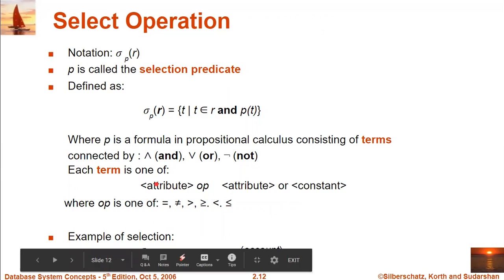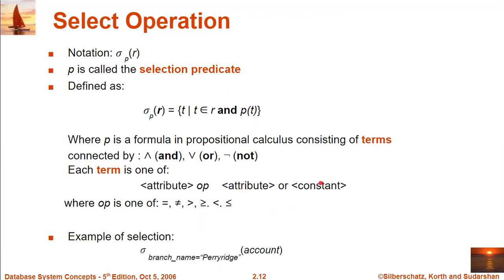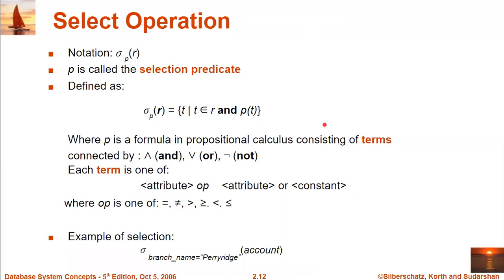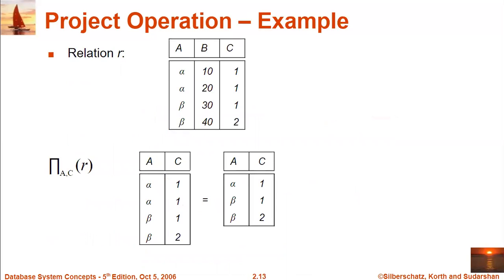If we are using certain attributes and want to apply a condition with the help of an operator, the operators are equal to, not equal to, greater than, greater than or equal to, less than, and less than or equal to. These can be applied between two attributes, and between an attribute and a constant value. Now have a look at the last example: where branch name equals Perryridge from account. It says we will retrieve values from the account relation, and the specified condition will be checked, so we display all the records where branch name equals Perryridge.